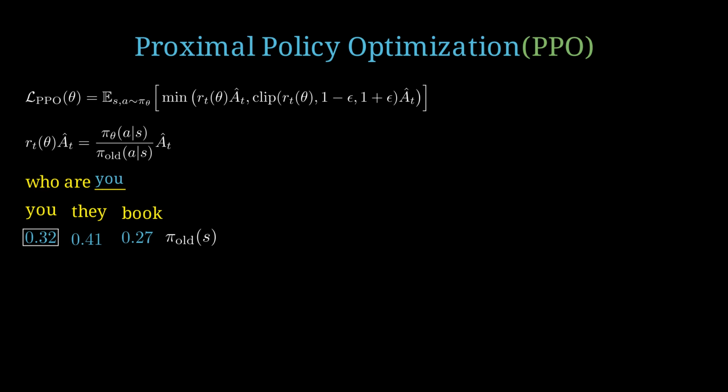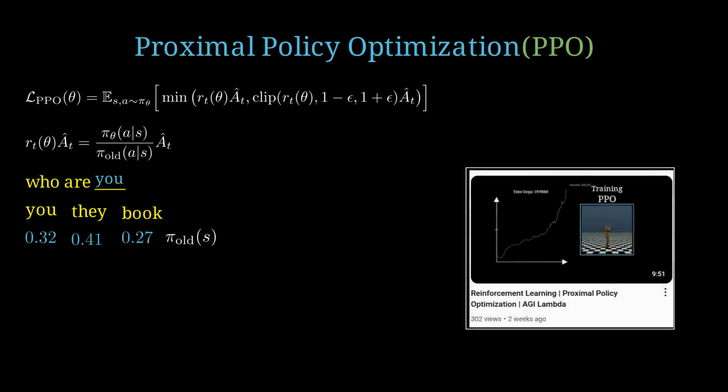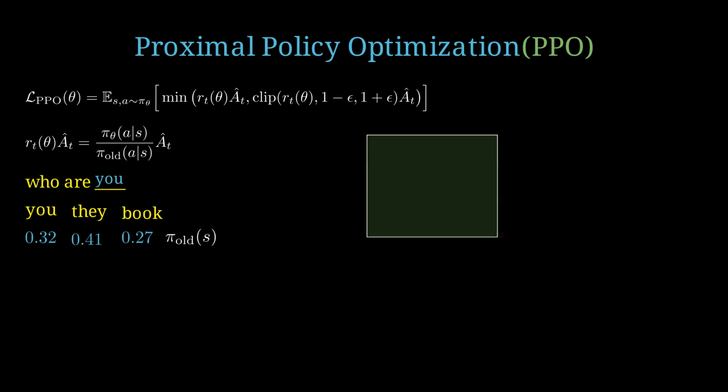Now, we need to determine whether this action is beneficial for us or not. For this purpose, we use the advantage value, which we calculate using the reward model and the value model. The reward model provides the reward for this policy, while the value model determines whether the reward is higher or lower than expected. I have explained in this video how we calculate the advantage value using the reward and value networks, but for simplicity, if the advantage value is